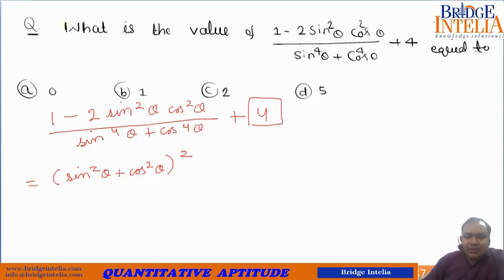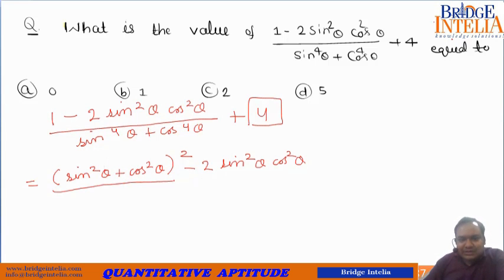Why? Because this is a, this is b. So you can see there was a big hint that a and b are actually sine square theta and cos square theta. So one has to be broken in such a way that it involves the use of sine square theta and cos square theta. So this can be written as (sine square theta plus cos square theta) whole square. Why? Because sine square theta plus cos square theta is equal to 1 and 1 square is also equal to 1. So now I am rewriting this so that it comes in the desired format.